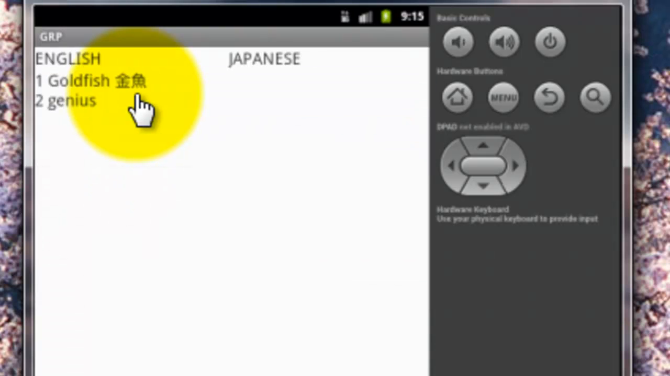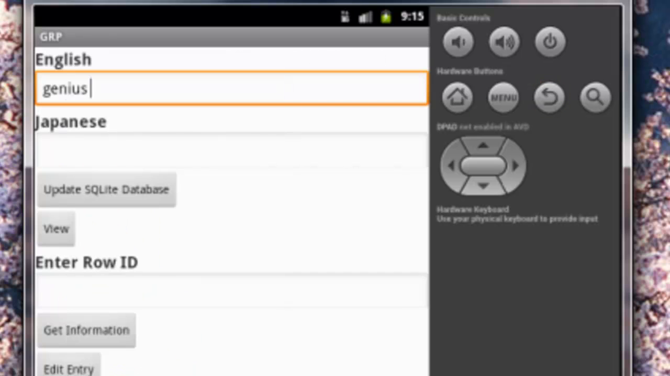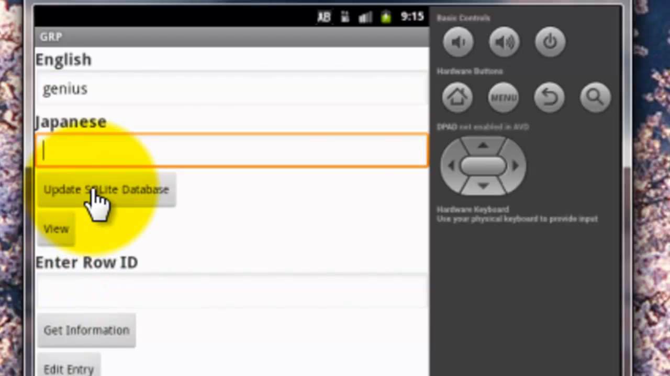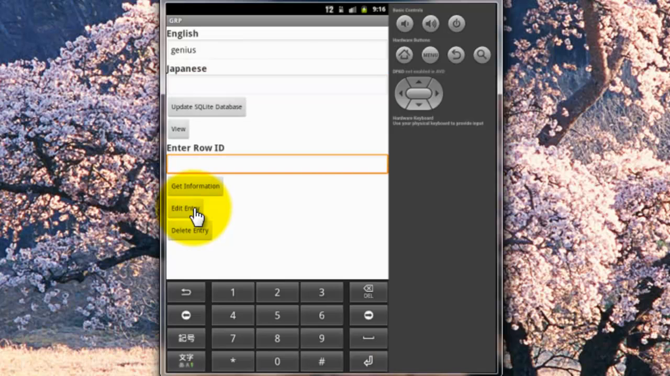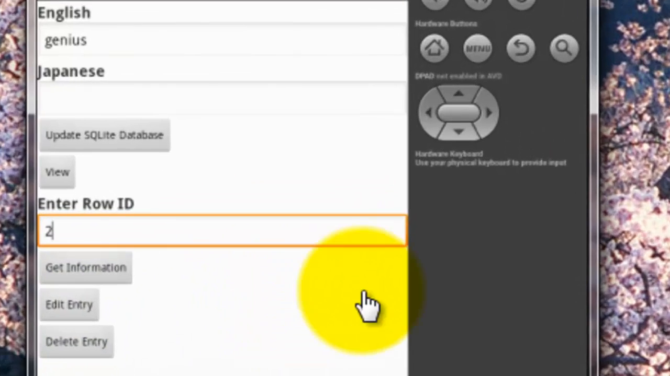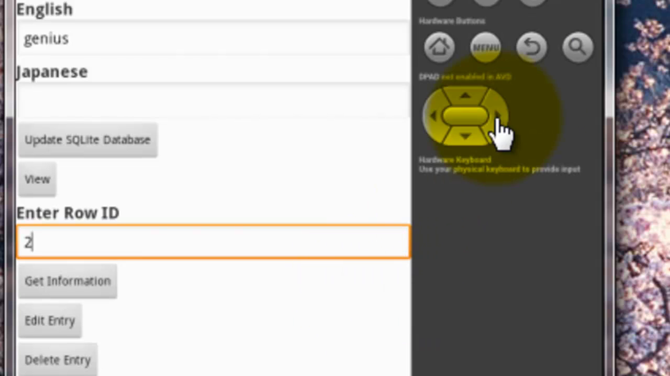It's a genius. But later on, you might want to actually add the Japanese translation to it. So I'm going to add it now. Okay, to update the entry, you have to provide the ID number for the information you want to edit. So that was number 2. So I'll put 2 and get information first, and here it is. I got the information right here,